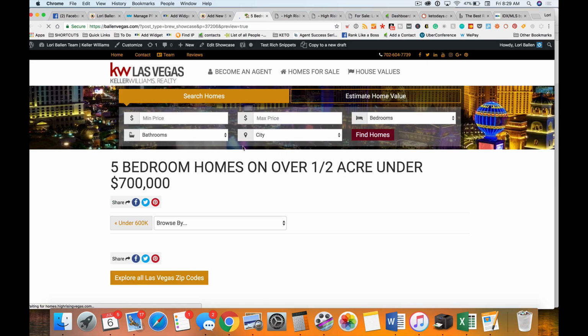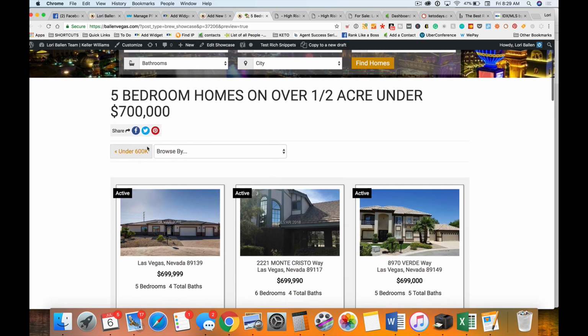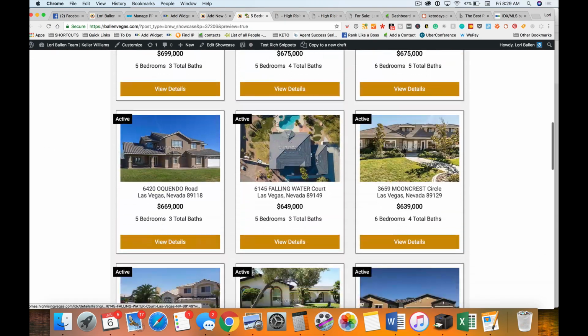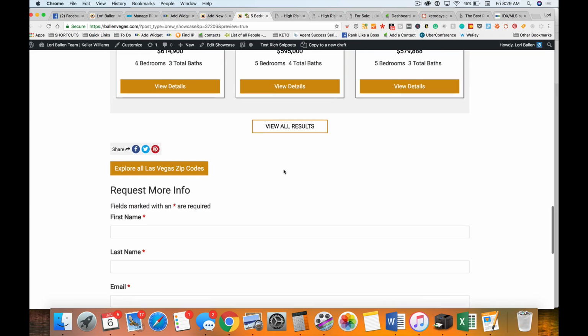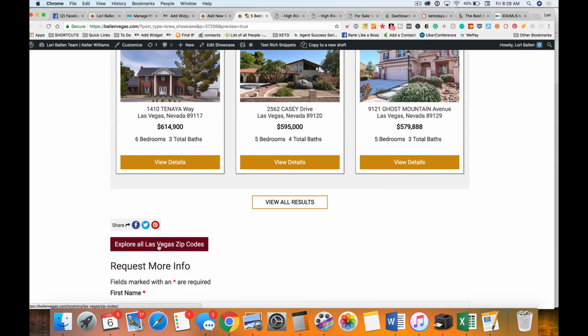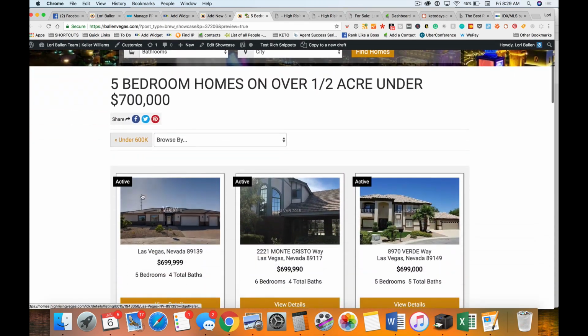I don't need to teach you every one of those little elements today. I just kind of want to show you the idea. So see, now we have a page with 5-bedroom homes on over half an acre, under 700,000. There's your grid of homes. There's a form, which I highly suggest. People use these forms all the time. Okay, and then here is that pricing table I was talking about, where it dynamically creates,